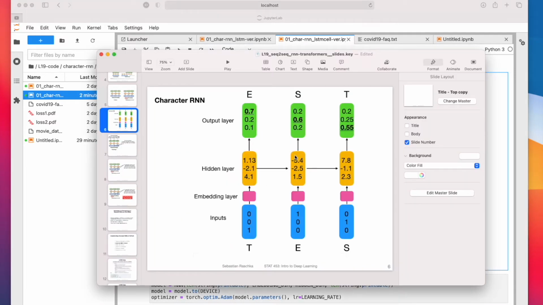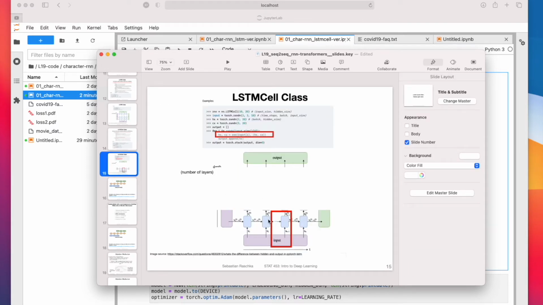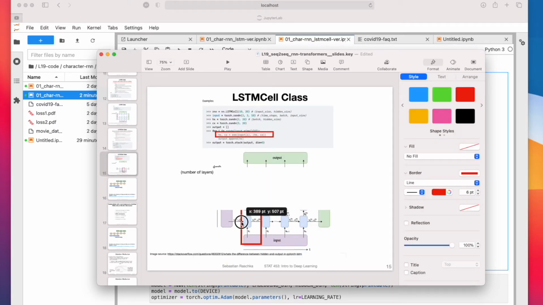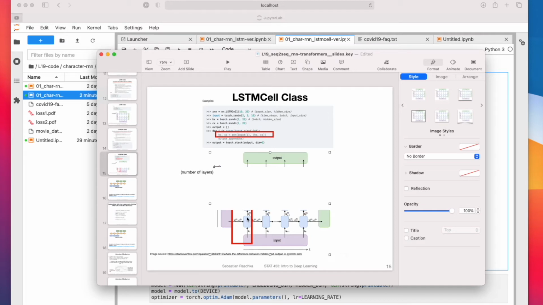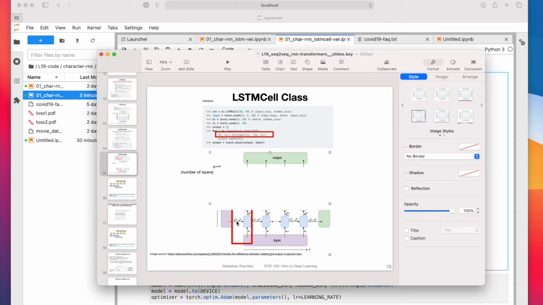So if we are, let's say, at the first step here, we are currently running this RNN. It will get the hidden state and the cell state from the previous iteration. These two we provide via the forward pass as input. So these will go into this one, and it will return a new set of hidden and cell states. So these are the inputs, and then they return these outputs, these two, for the next round.